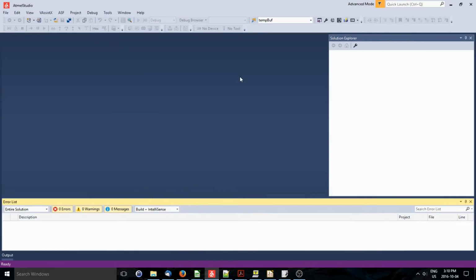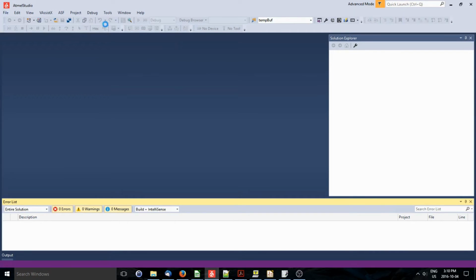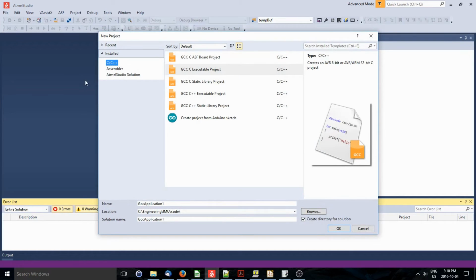So here we are in Atmel Studio, and I'll just quickly show you once more how to set up a new project in Atmel Studio. You click on File, New Project, and it brings this up, and we're going to be doing a GCC C executable project. Click on that. We'll give it a name, and in this case I think I'll do the fast PWM, so I'll call it fast PWM, a new project,